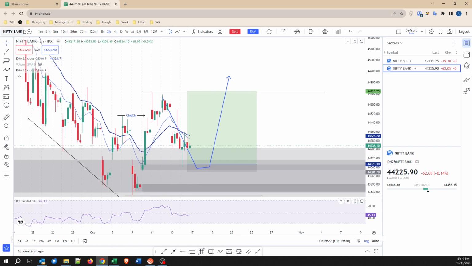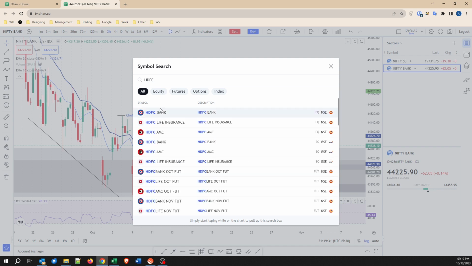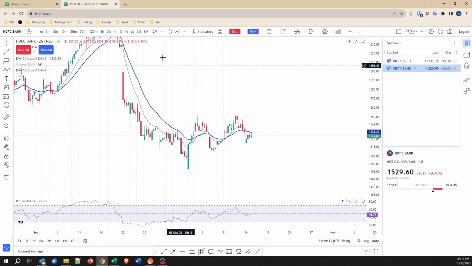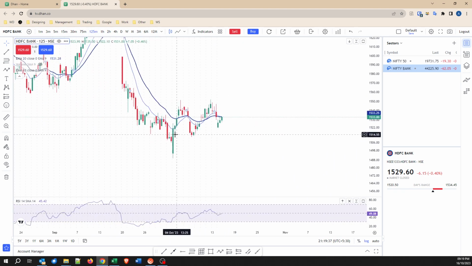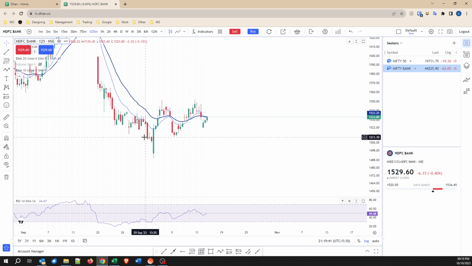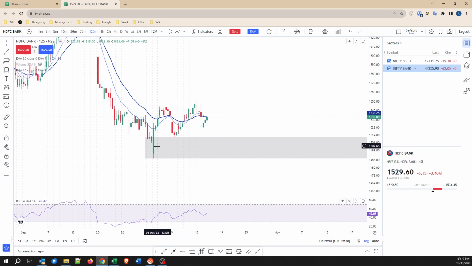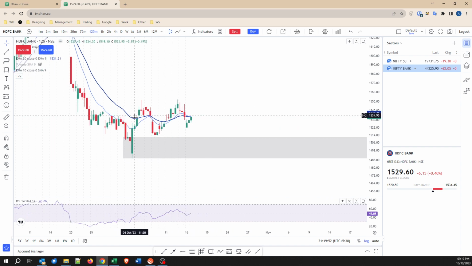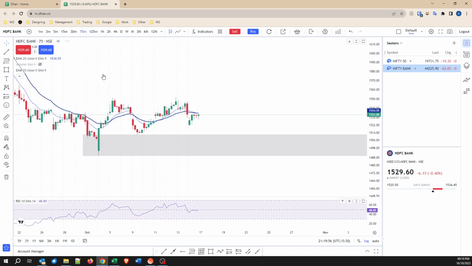So with Bank Nifty, I also want to see HDFC Bank, because this is heavily influenced. HDFC Bank also is in a good positive divergence. So this was our entry point here. So we had a good entry point here, but I did not enter this because the stop loss is obviously too high. There was a supply chain, there was a supply break.